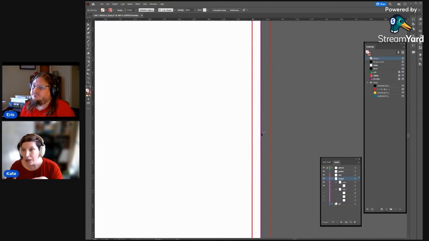Bleed is, if you're printing all over something, and of course, Eris, you know this, but just recapping for everybody who's watching, you need to extend that ink all the way up to the edge of the bleed, just in case we get some drift, because not everything always lines up perfectly. Drift is when the image moves a little compared to where it's supposed to be cut.